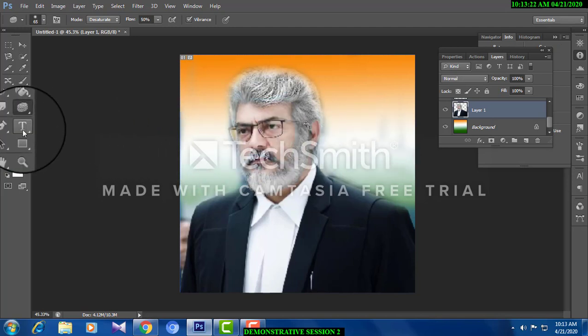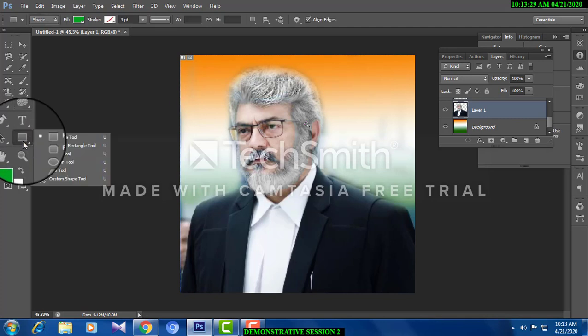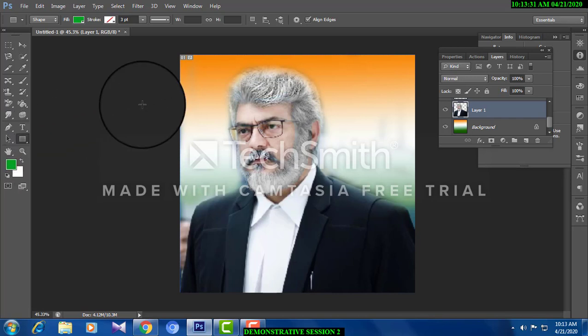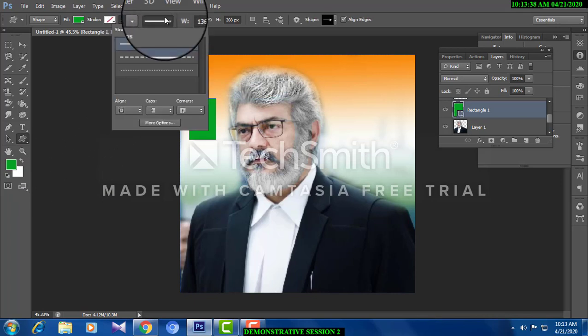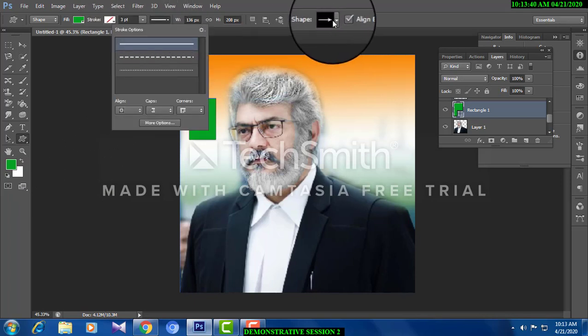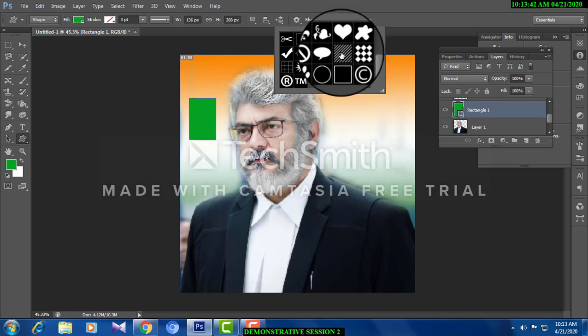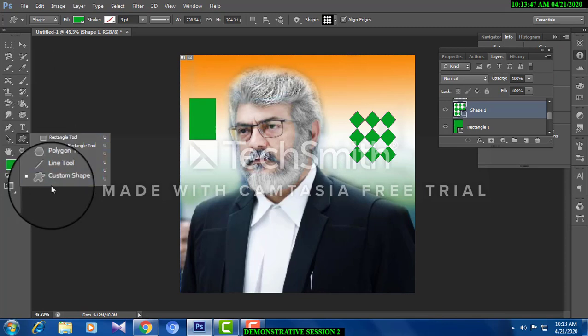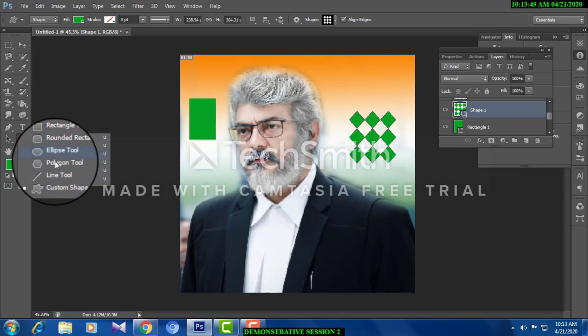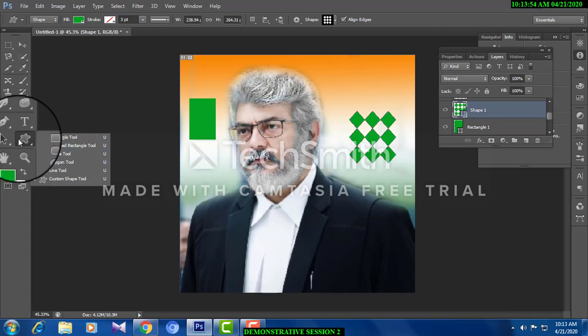Okay. Now text tool I'm going to deal with in the next picture. Don't worry about it. And this tool has got a number of shapes available. You can draw any shape that you want. See, these are all shapes available, and the custom shape here. Come here. You've got a number of tools available in there. Look at here. See, you can bring any shape that you want. And this is custom shape. All these things align with different tools available. I will also make use of it in next exercises.